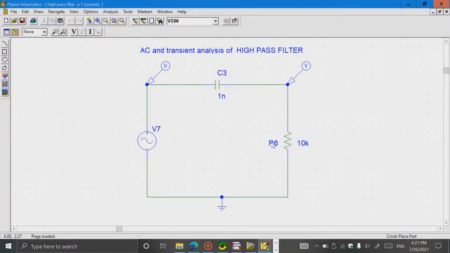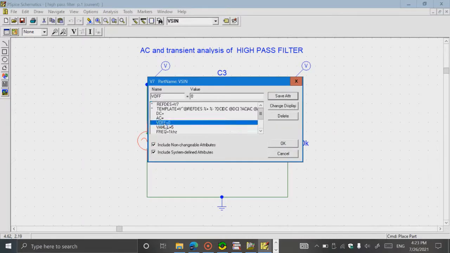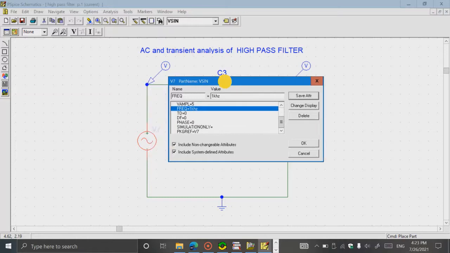Okay, this is the high pass filter, for AC and transient analysis of the high pass filter. This is again 0 and 5 amplitude. These are the V sin values. So first we will see transient analysis and then see AC sweep in this high pass filter.